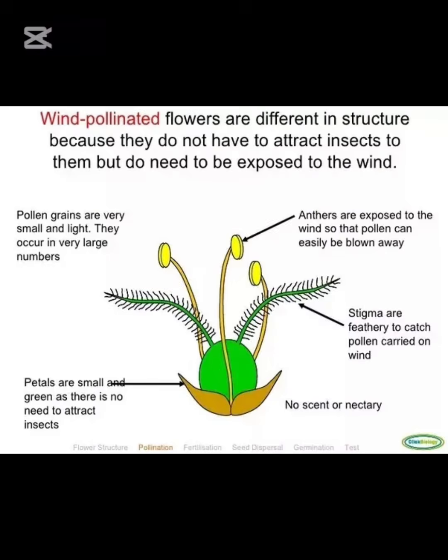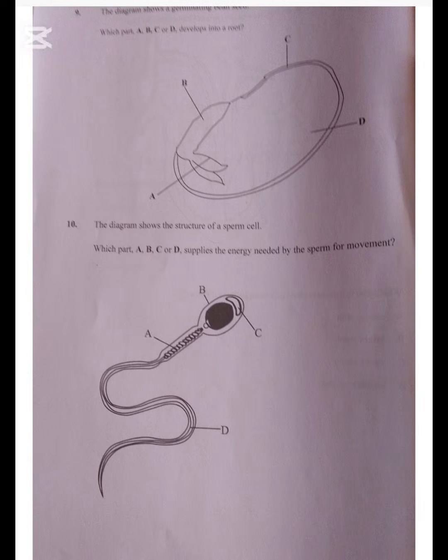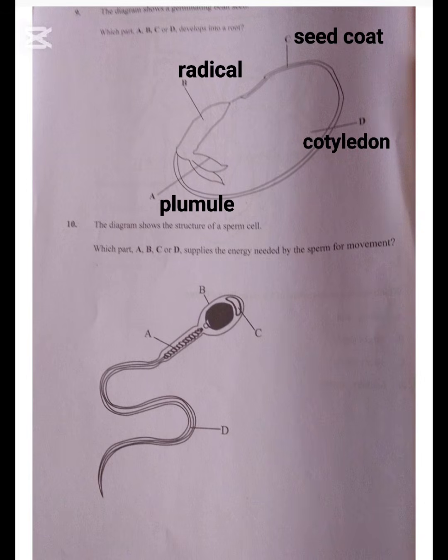And then let us proceed to number 9. The diagram shows a germinating seed. Which part, A, B, C, or D, is going to develop into a root? So the correct answer on number 9 is B. B is the radicle. It develops into the root system, meaning that it is going to grow into the root